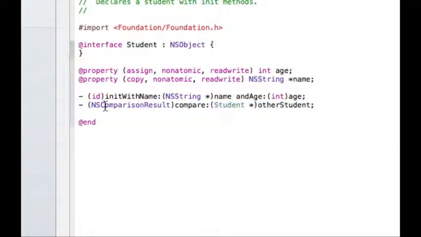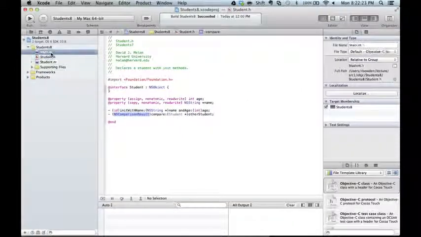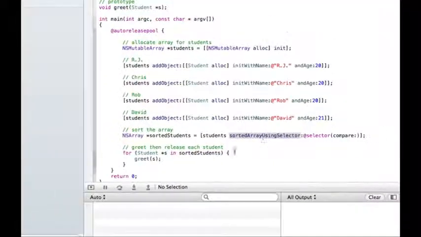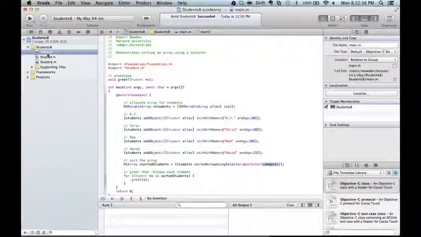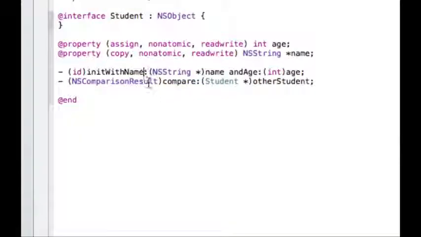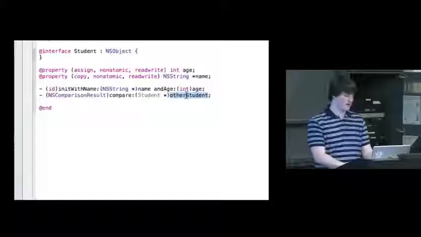It's returning this NSComparisonResult, and the only reason that's relevant is because this sortedArrayUsingSelector method expects a method to be passed to it that returns an NSComparisonResult, whatever it is. So this compare method is going to take another student and just compare our current student with that student. Looking at the implementation of that,